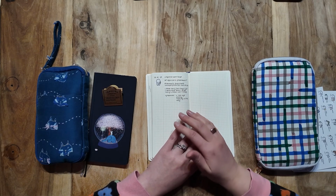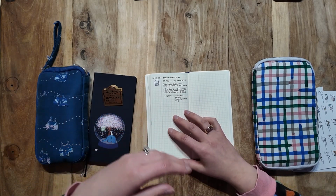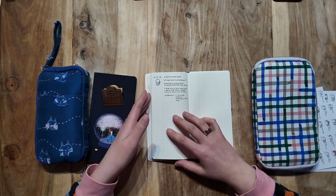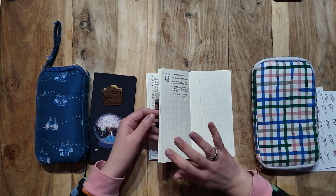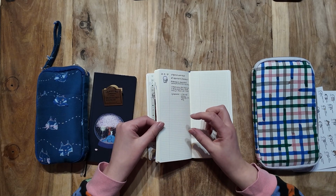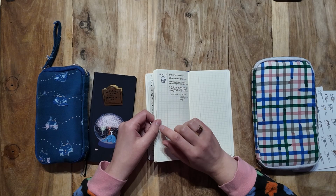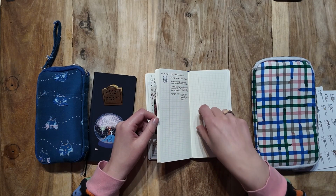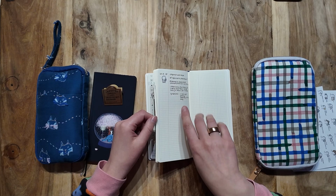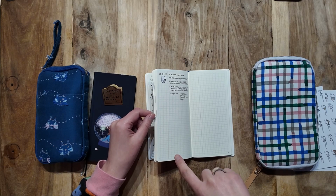I'm not sure how this is going to work yet, but you've all seen the reading journals that people make, or media journals. I thought it would be quite cute, if they have been obsessed with something, to get a picture of the book or the TV show or the song, and then make a note of what their favourite thing about it was,